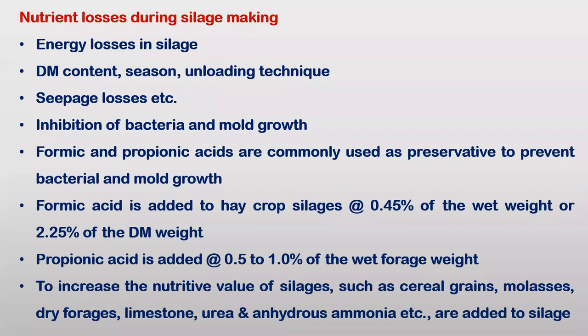What kinds of nutrient losses take place during silage making? There is a chance of loss of energy, dry matter content loss, and seepage loss. Some mold growth also takes place during silage making. Formic and propionic acid are commonly used as preservatives to prevent that mold growth and bacteria. And we can increase the nutrient